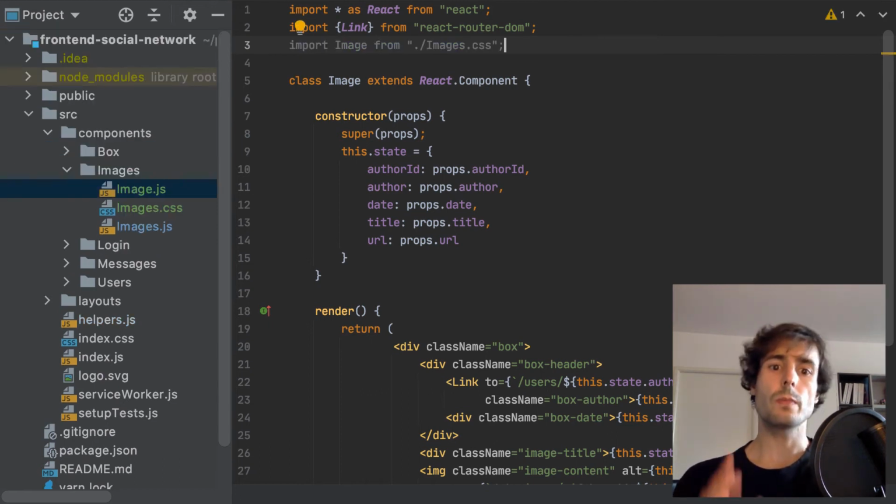Better. And now, the most interesting part, the preview of the image. Come back to the images component.